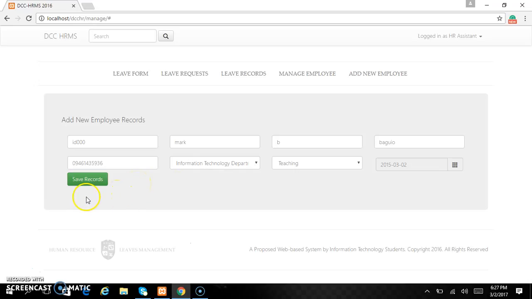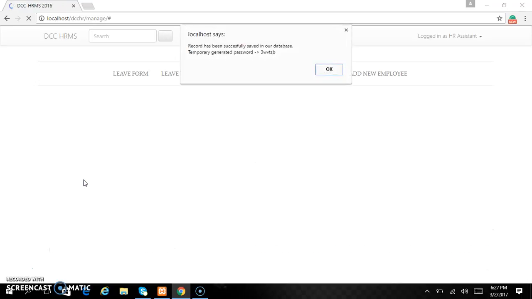So let's press this button. As you can see here, this is now the password of the employee. It will automatically generate a password, but don't worry, if you are going to log in, we can reset this password.